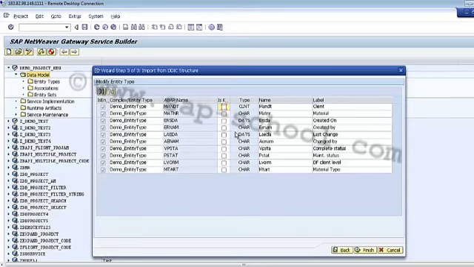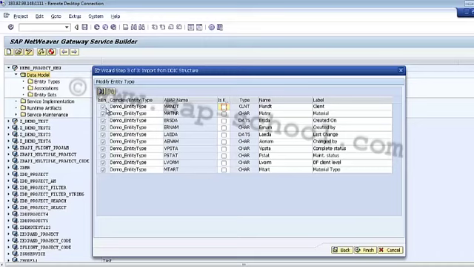Now the modify entity type screen provides us the following editable and non-editable information. First of all, I have this is entity. If the property belongs to the entity type, this checkbox will be selected, and if it is not selected, the property belongs to the complex type.